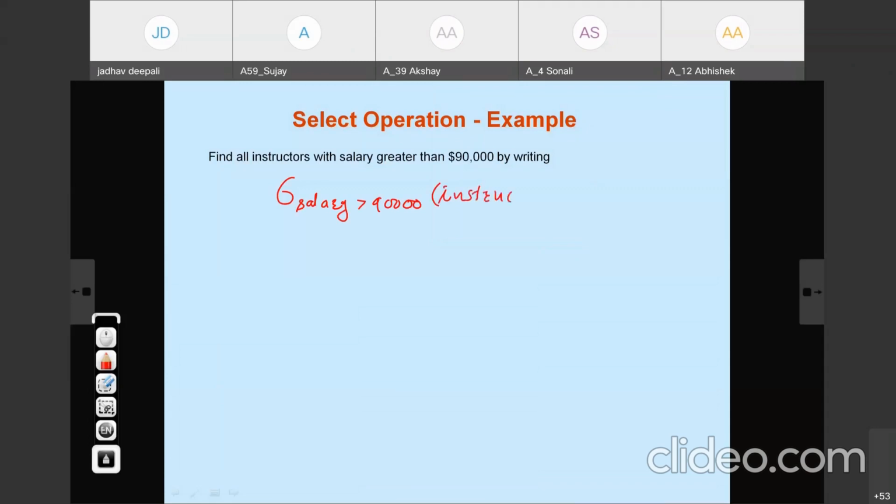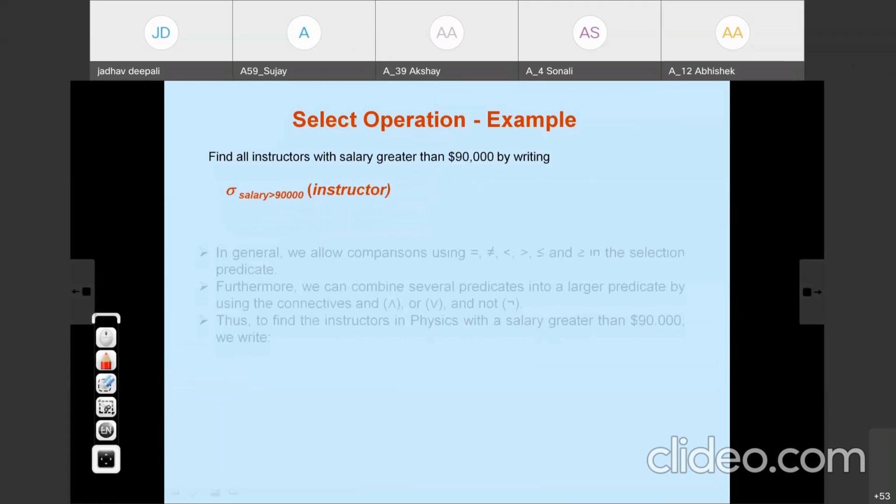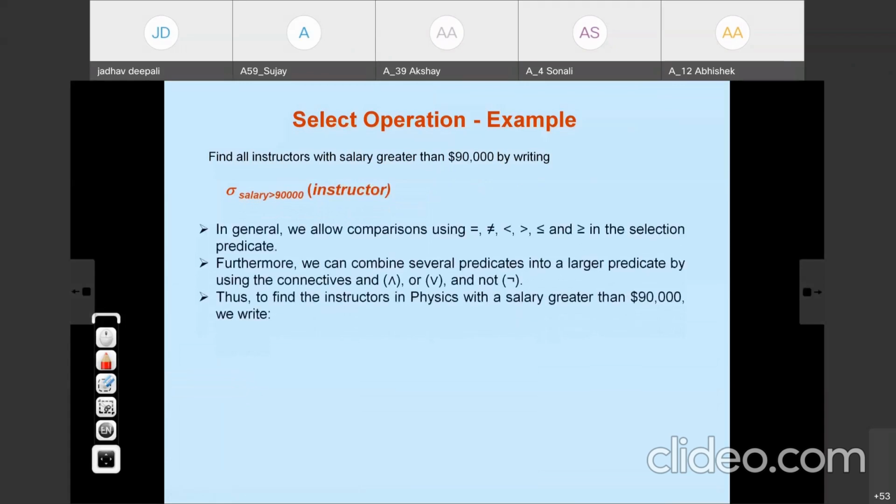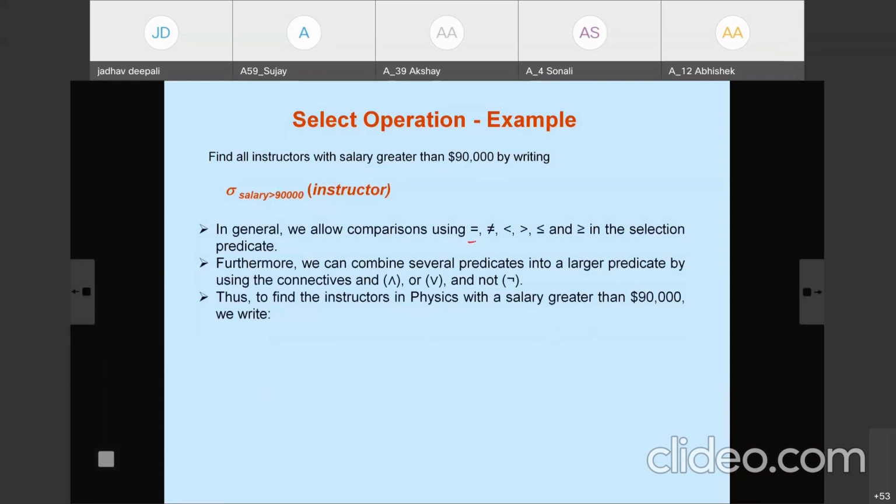It selects only those tuples from the instructor relation where salary is greater than 90,000. In general, in the select operation we allow comparisons using the comparison operators equal to, not equal to, less than, greater than, less than or equal to, and greater than or equal to.